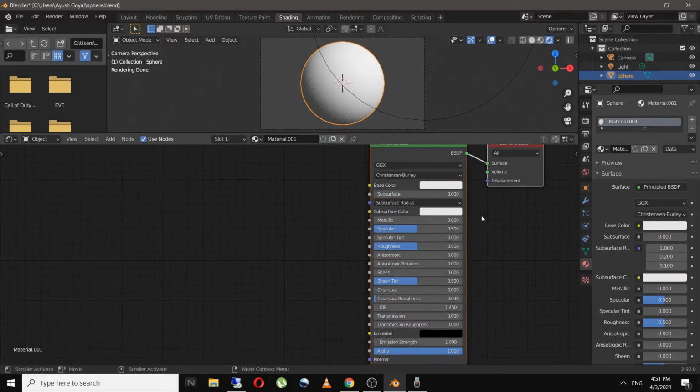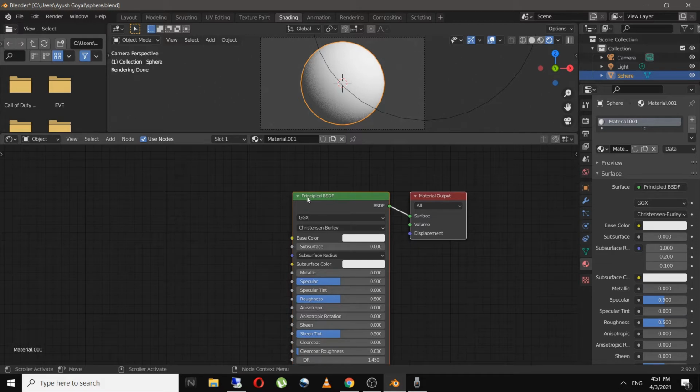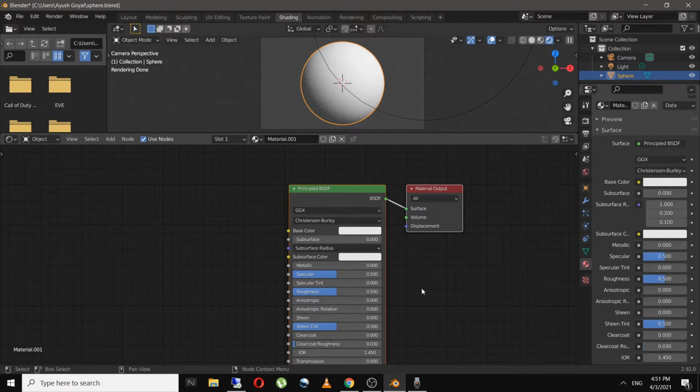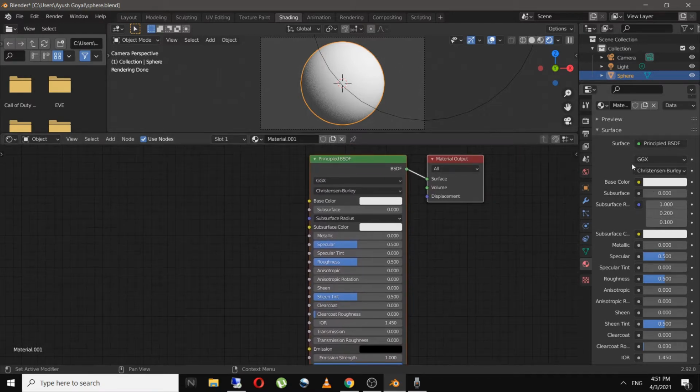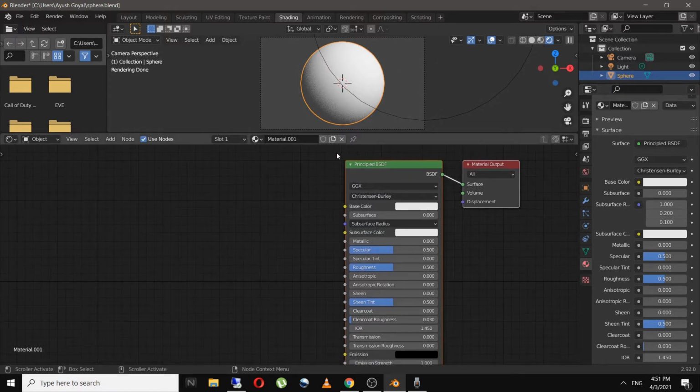And once you click on new, the Principled BSDF and material output will be added, and whatever properties we have over here in Principled BSDF, the same properties will be shown over here. So these are the properties we were working on in the past two tutorials. So actually this was coming from here, this Principled BSDF.